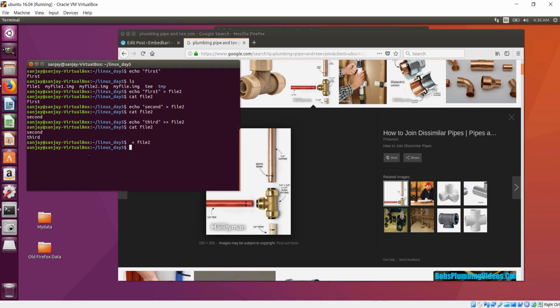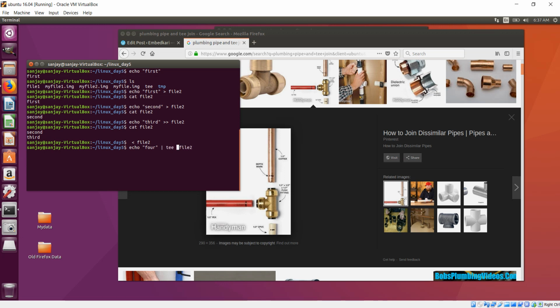Okay, let's go there. Suppose if I use this time, let's say 4, and if I again use a pipe and then I connect this pipe with a T